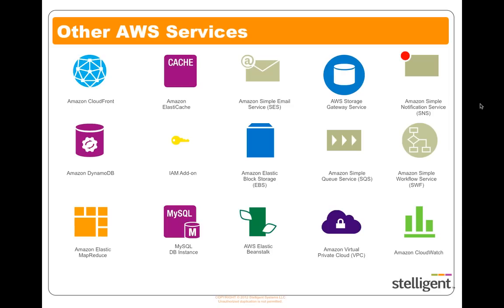So I'm not going to go over all these services, but some of the services I talked about. CloudFront is the global CDN, the content delivery network, which gives you access to, in particular, streaming data, but you can do static data as well. And what a lot of people will use that for is that they want to have static images, and they want to serve that up so that the performance when someone goes to a website is a lot quicker.